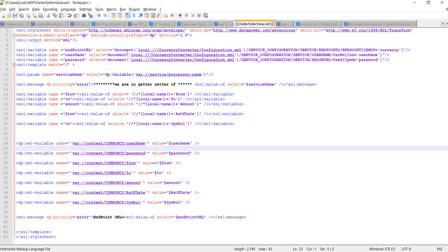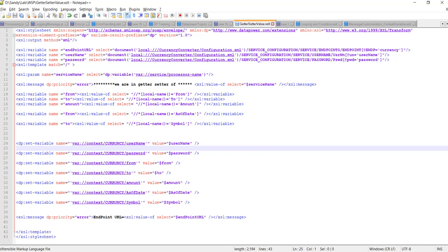Here we are getting some constant or static values from the configuration file, like endpoint URL, username, and password. After that, we are getting some values from the request message. These are the dynamic values, like from, to, and amount.